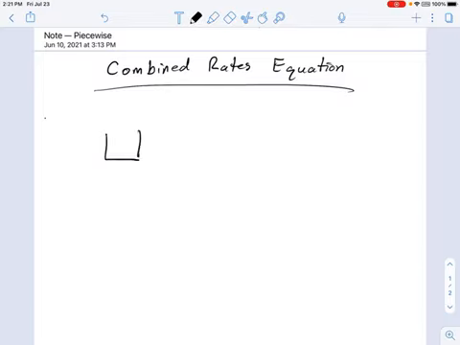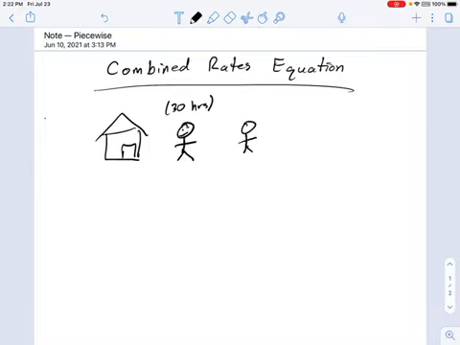Let's say we have a work shed. Bruce wants to build himself a work shed, and he knows it's going to take him, if he does it alone, 30 hours. So he asks someone for help. Let's say he asks his wife, Valentine, and Valentine can probably get it done in about 40 hours if she were working alone.